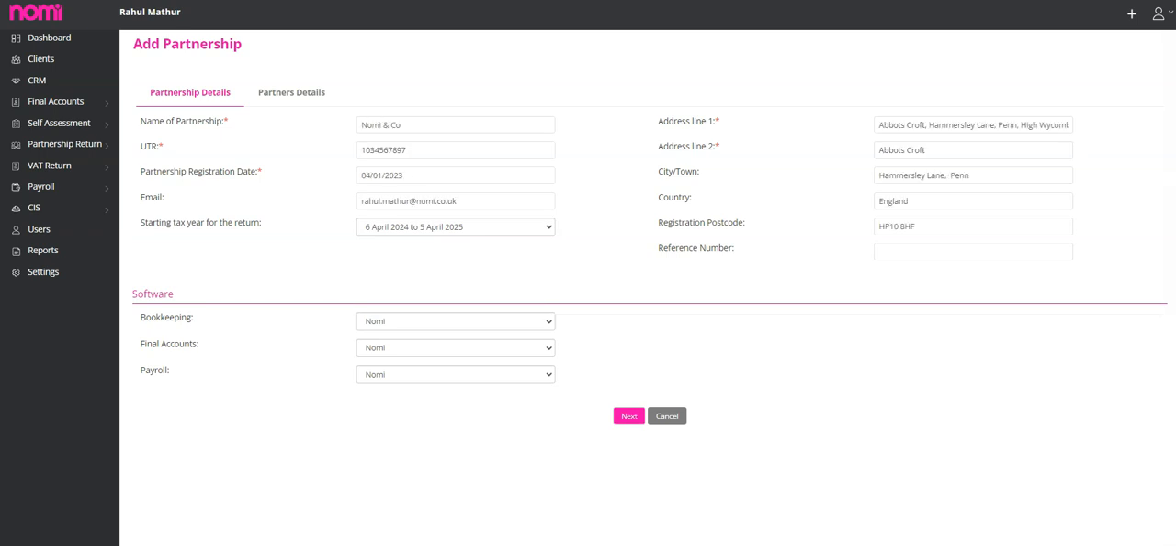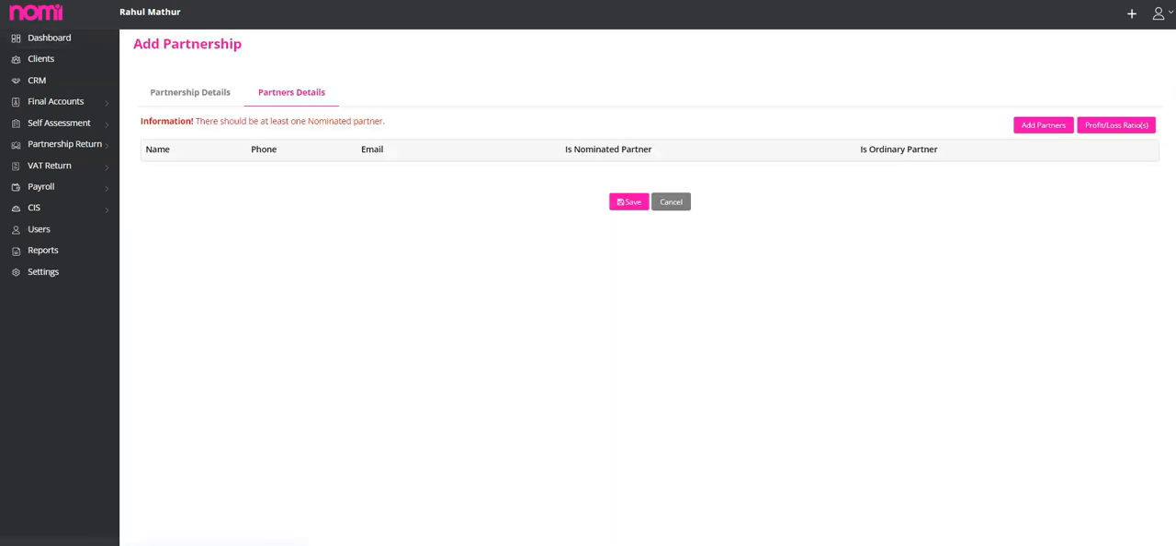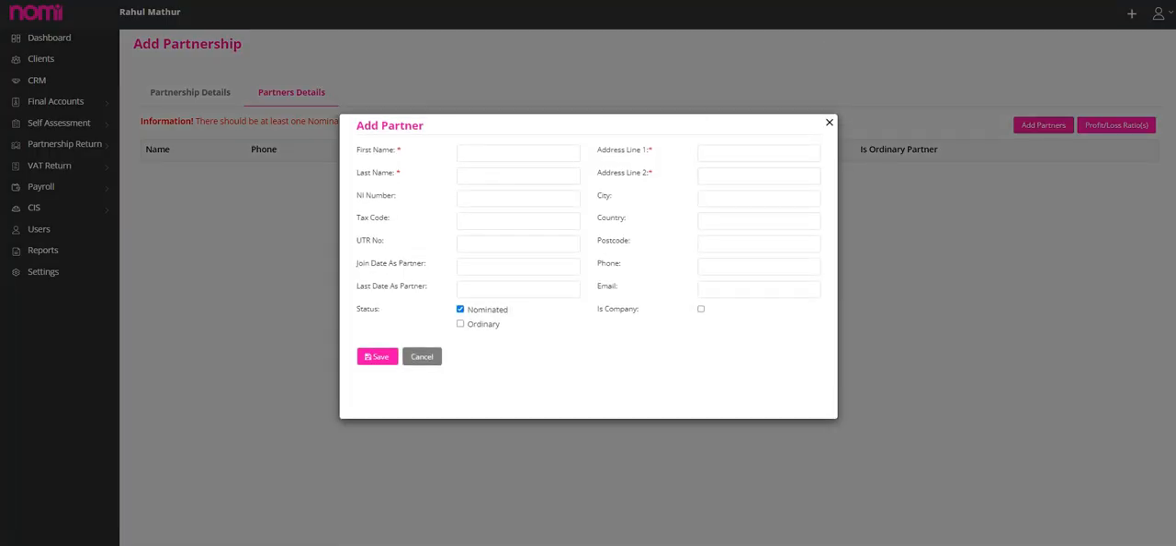After entering all the relevant information, you can click on next and it will take you to the partners details tab where you have to add at least 2 partners and out of them one should be a nominated partner. To add a partner, you will have to click on this add partners label. You will have to provide the first name, last name, the address details, NI number, tax code, all such details